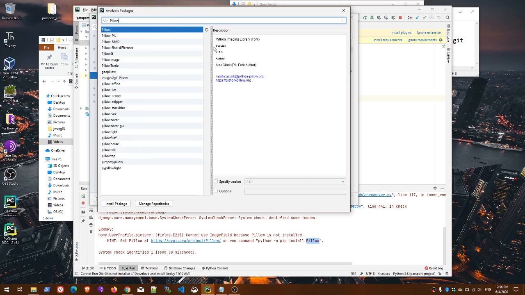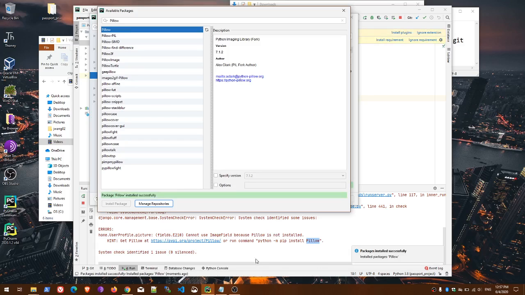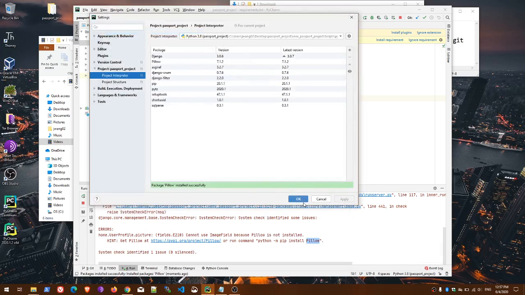Okay, so it finds Pillow. All right, so I'll click the install package. I have a feeling this will not work because the pill is the one that actually works for Windows, but we will try. Okay, let's see if it works. Yeah, for whatever reason my machine is very slow, the network's slow or something. Okay, it actually worked, so it actually installed. That's good. So apparently PyCharm has a better way to do this than the straight